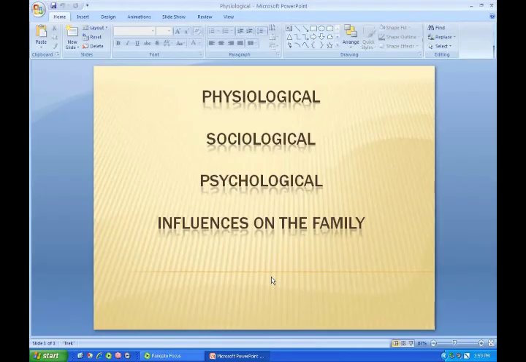A couple of other thoughts I want to plant in your head before we begin: where do social attitudes come from? Think about where your social attitudes come from. And then the next question is, what are some social factors that can lead to drinking? At the top of page 97, social attitudes towards alcohol use result from family orientation.